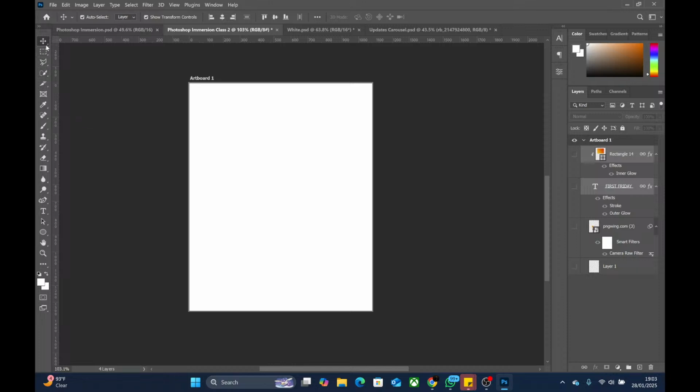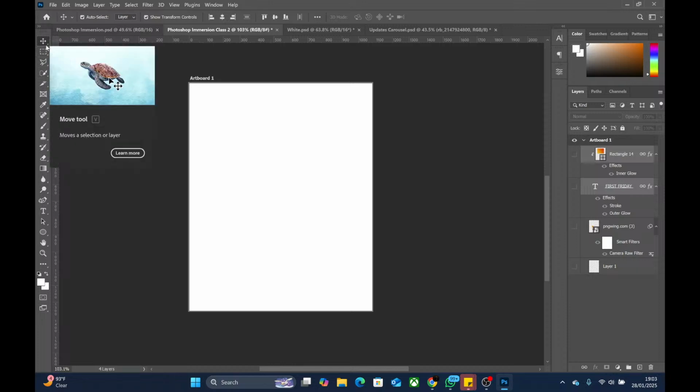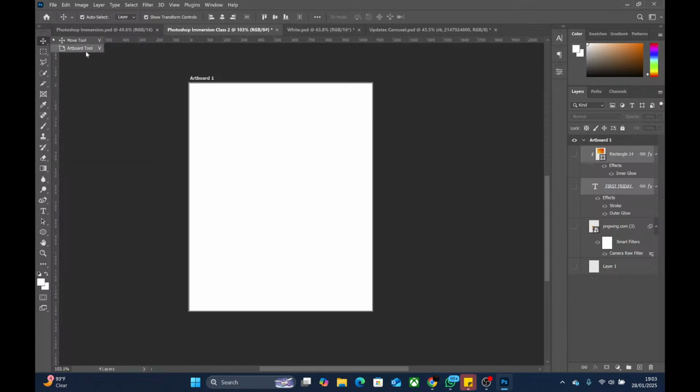So after the move tool, there is one thing I wanted to explain. Inside of each tool there are more tools that are related, and they have the same shortcut. So what happens when one is active and you want to select the other, and you press V now and watch my mouse icon. When we have the artboard tool active, this mouse will not be this shape, it will be this other shape. Can you see now? It becomes like a box, right?